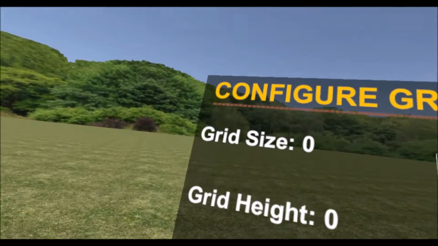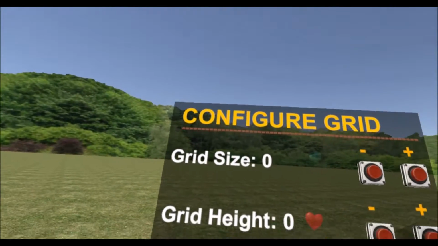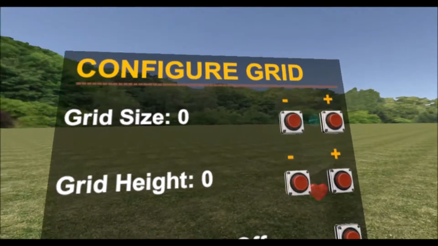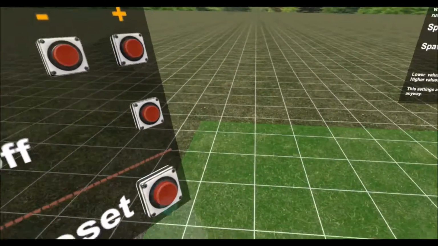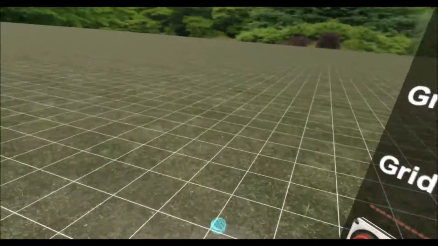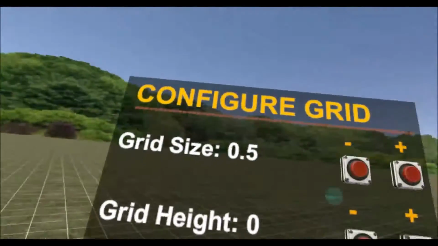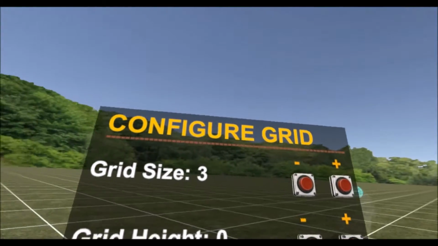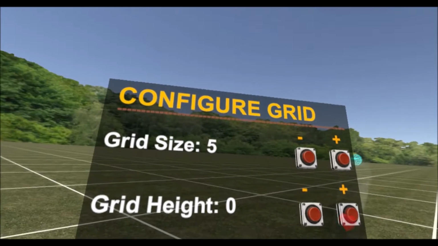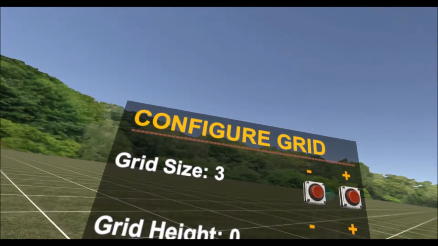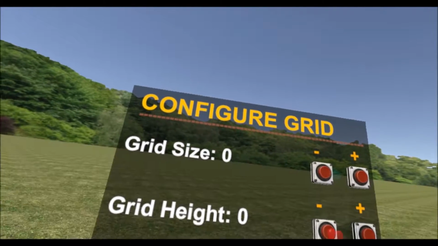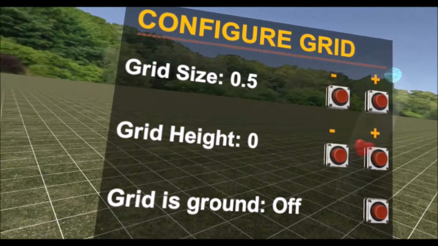So the grid size is 0, that means it is disabled. By increasing that value you will see that the grid appears. And you can change the size of it. Yeah, like that. So if you now spawn stuff